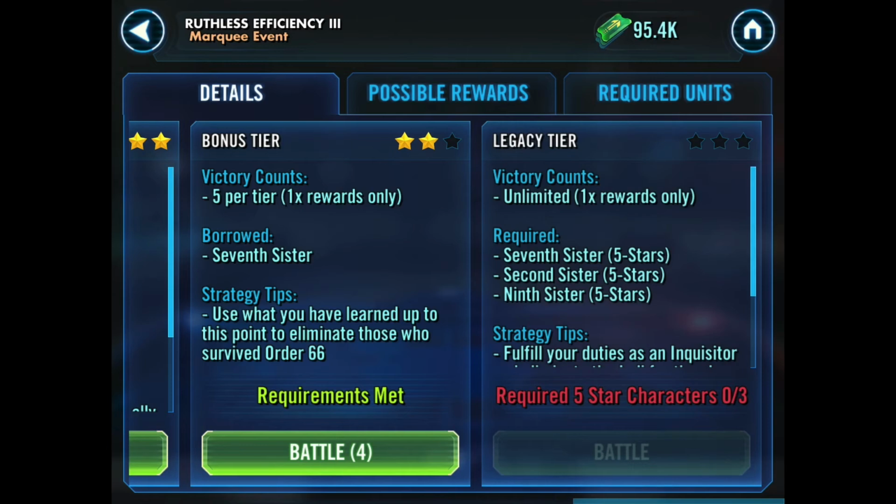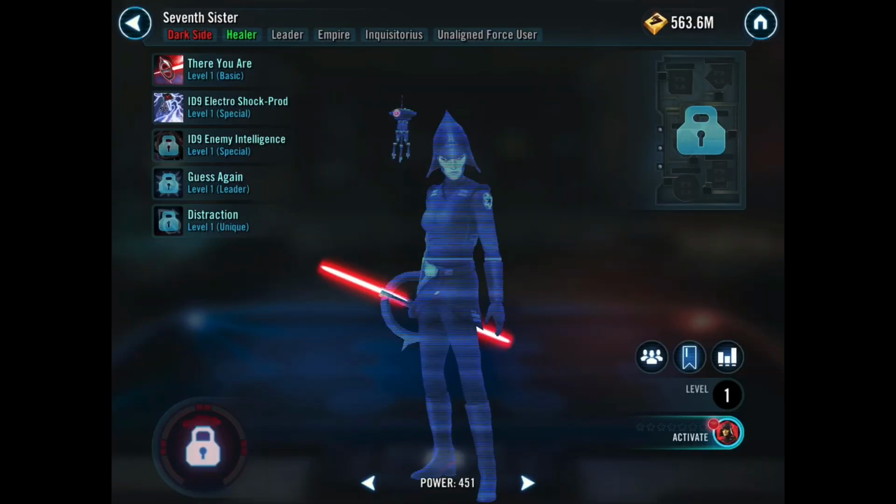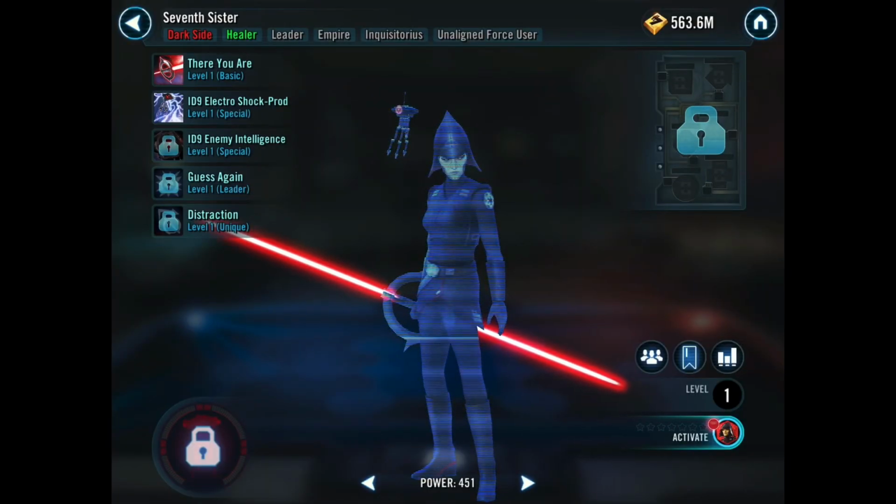I will take it. So if you want to do that legacy tier, you've got to have 5 stars on 7th Sister, 9th Sister, and 2nd Sister. In order to get them, you are going to have to spend moolah. That's the only way to get them up that high. But let's go over and unlock 7th Sister right now, because that is as far as we go in this